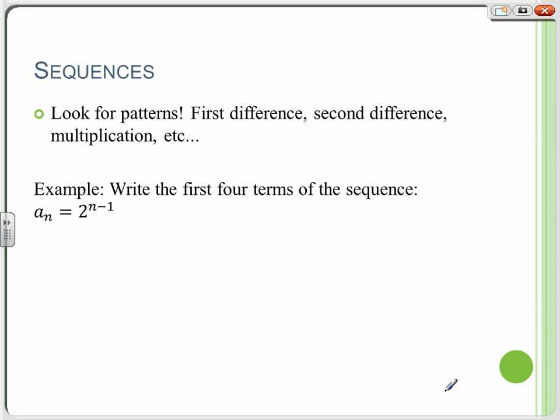So this first one wants me to write the first 4 terms of the sequence. So we're going to start by finding the first term. So all we're doing is plugging 1 in for n. So I'm also going to plug it in into the equation part. So the first term would give me 2 to the 0, which is 2. Well, let's do the second term. So that'd be 2 to the 2 minus 1, which is going to be 2 to the first, which is